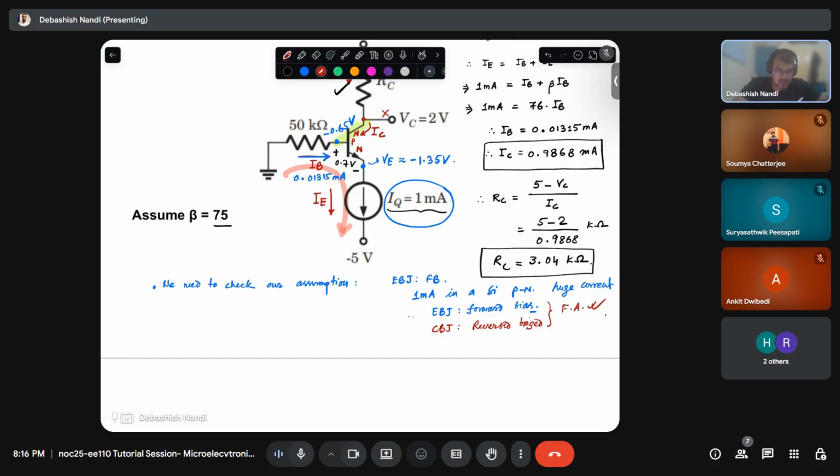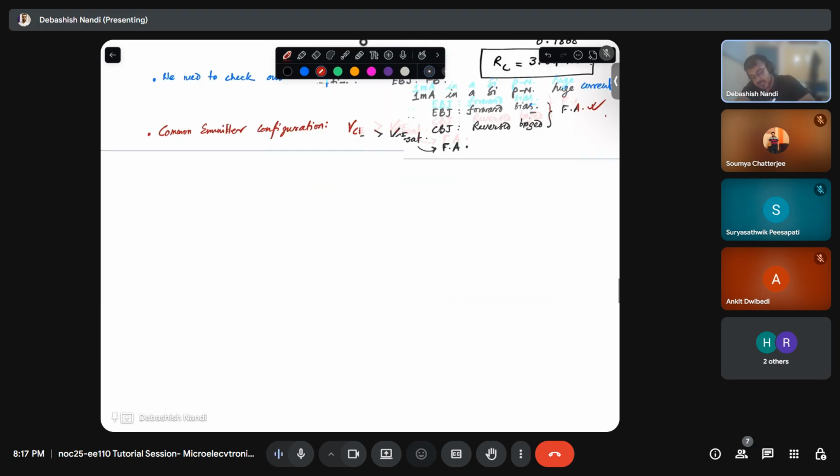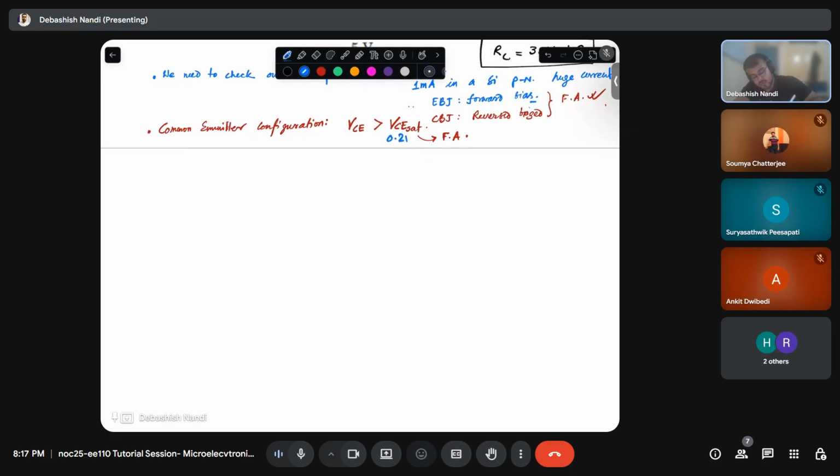There is another way to check in case of common emitter configuration. If VCE is greater than VCE saturation, then also we call it forward active. Okay. So what is VCE saturation? In silicon, it is generally 0.2 volt. So if this is your VCE and this is your IC,